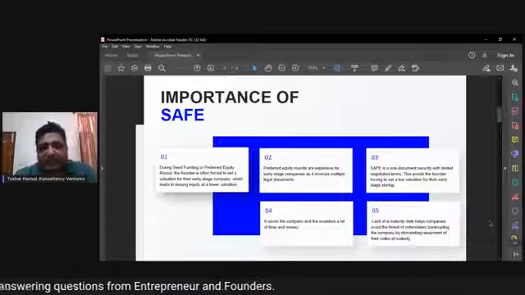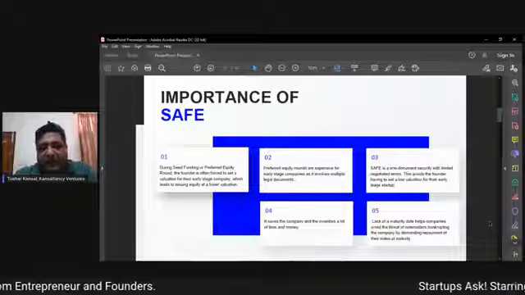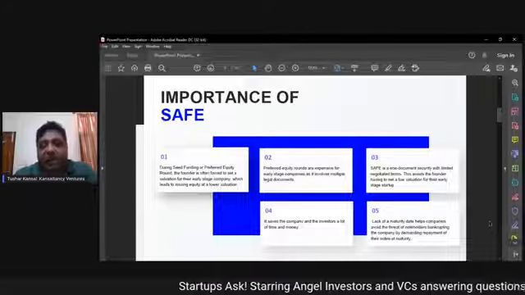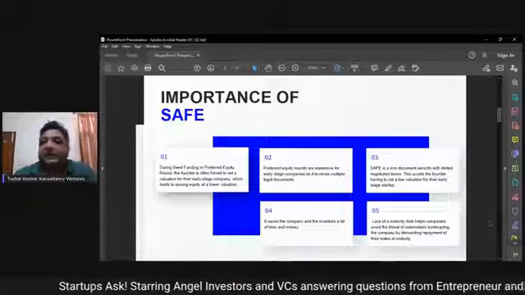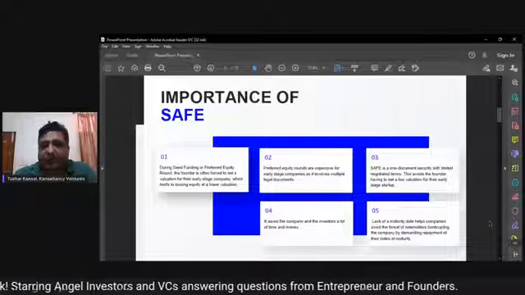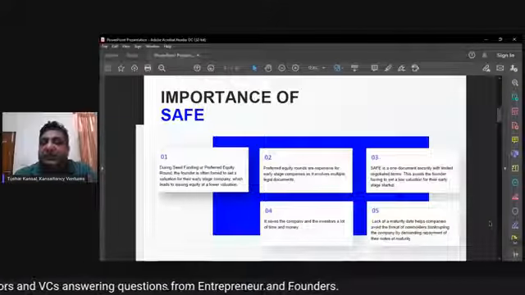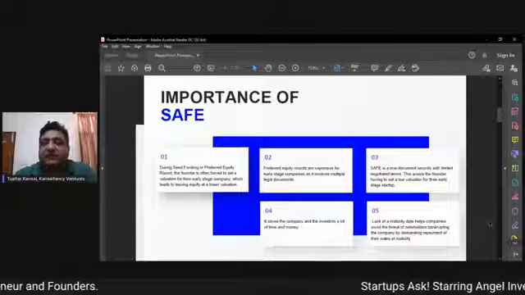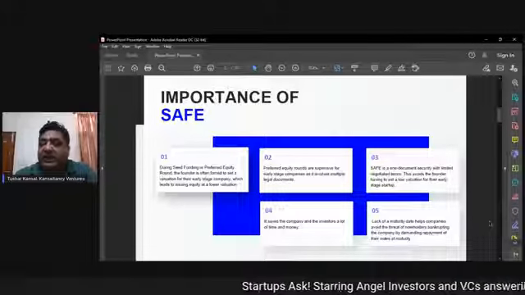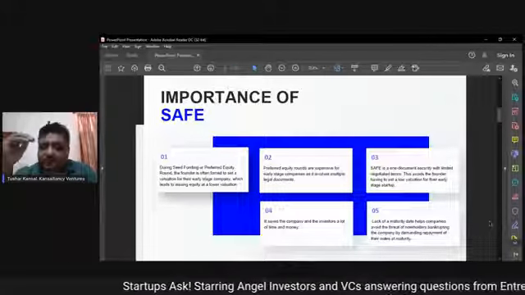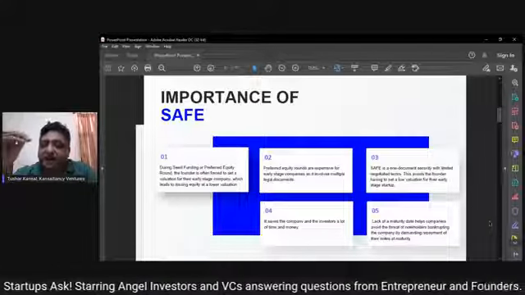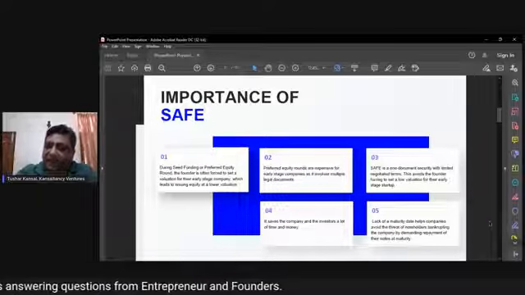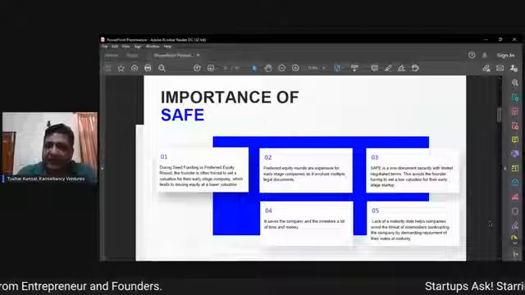The importance of SAFE: during seed funding or preferred equity round, the founder is often forced to set a valuation. Now, it is early stage. Suppose it is pre-revenue. The founder finds it very difficult to set a valuation, but because of the usual agreements, he's forced to set a valuation. But if he's signing a SAFE, then the value at which the investor invests is set in the future, whenever an investment round happens in the company. Secondly,